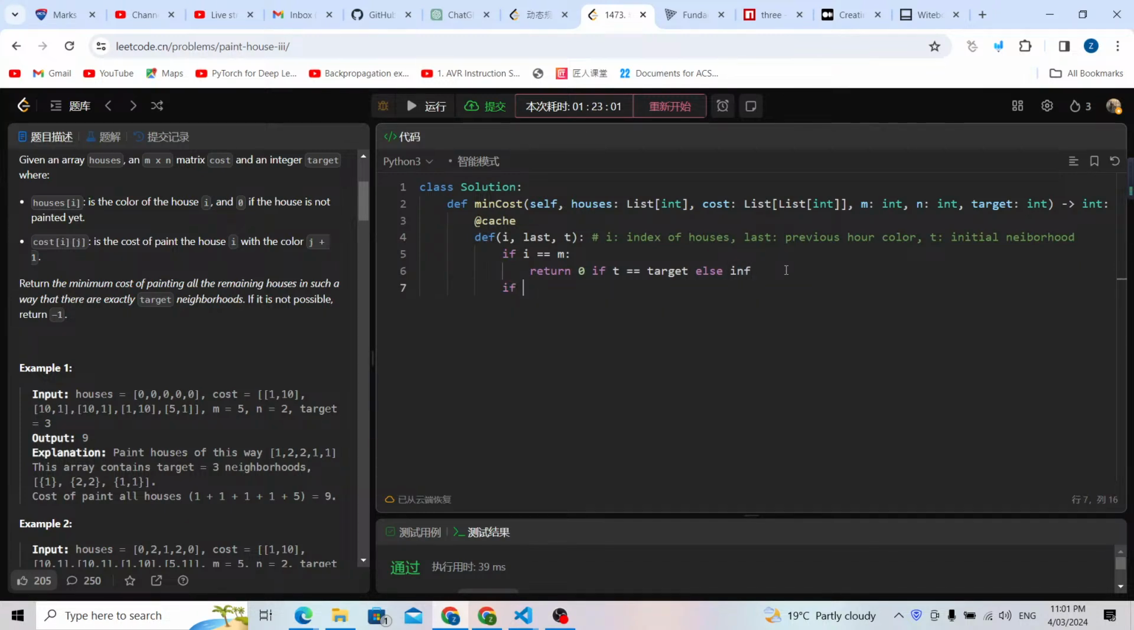Now, in order to speed up a little bit, I need to check the target. If my target, starting from 0, is more than the target neighborhood, then I'm going to return infinity. I just let it run a little bit faster. So I just check this kind of